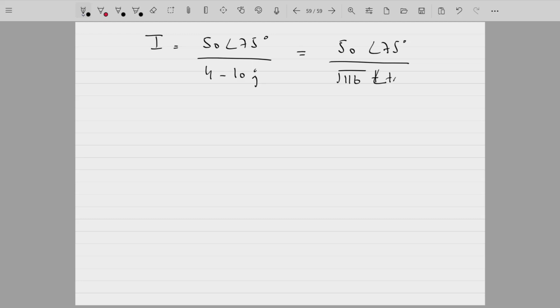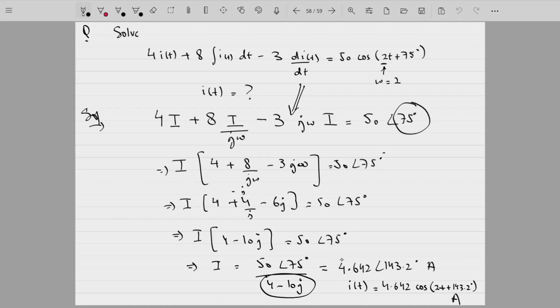Angle is tan inverse of 10 divided by 4. ठीक है, तो आपका जो मैग्नीट्यूड है दैट इज 50 divided by under root of 116, और जो आपका एंगल है दैट इज 75 माइनस tan inverse of 10 divided by 4। ठीक है, तो वो एंगल आपने निकालना है, तो दैट विल बी योर एंगल। अल्टीमेटली आपका आंसर तो यही आएगा जो यहाँ पे है।